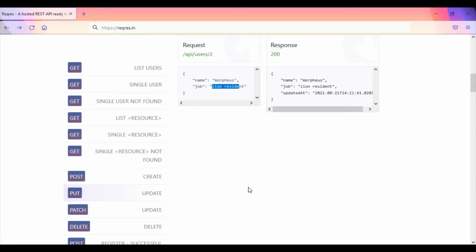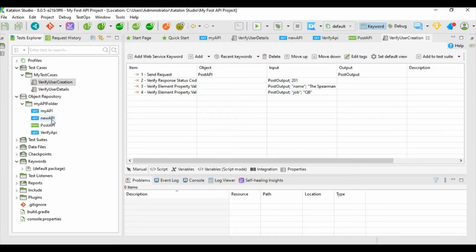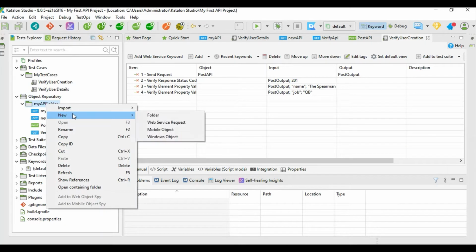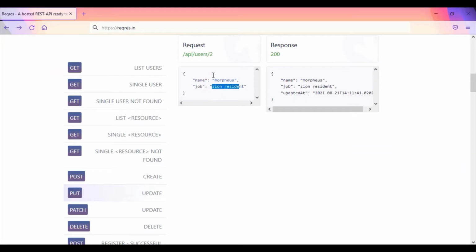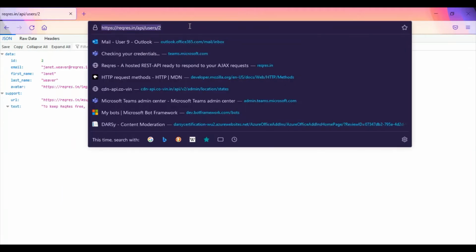So let us jump to Katalon Studio again. Let us create a new service request, and we're going to name it not POST, but PUT API.